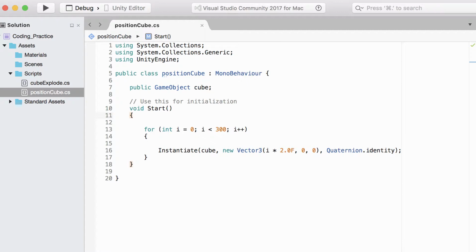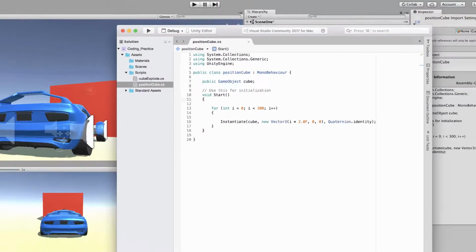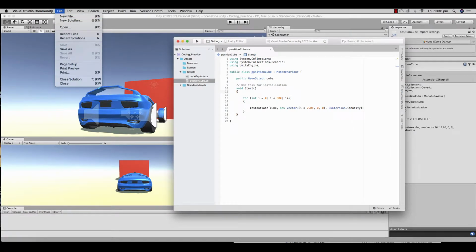So essentially we're saying we want the new cube to appear at wherever i is times 2, and we want the y and the z axes to stay at 0. Quaternion.identity means the same rotation as the original cube. So a cube will appear in almost the exact same position, it's just going to be 2 places further along on the x-axis. So if I save this script,